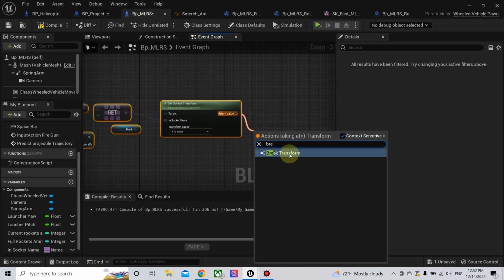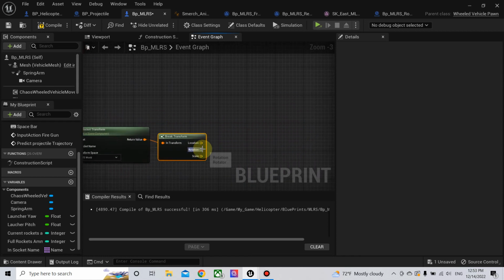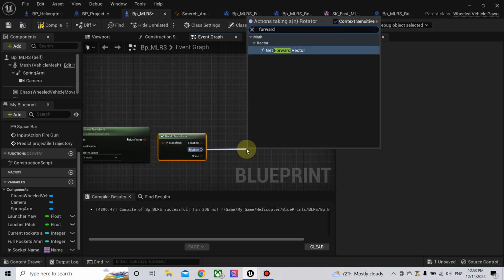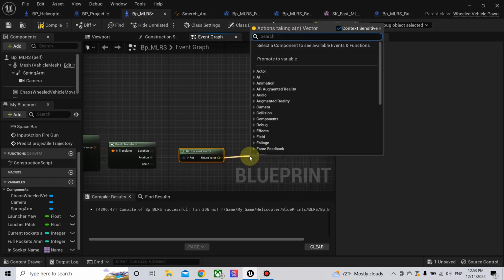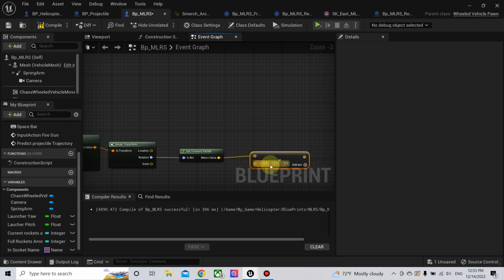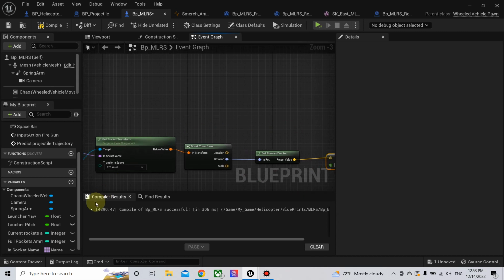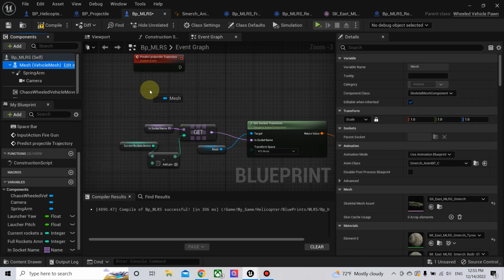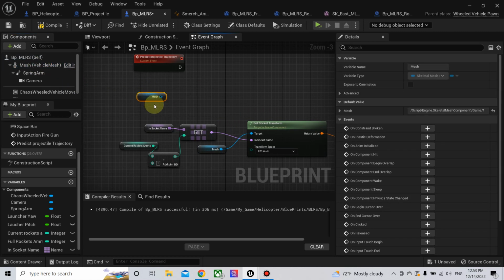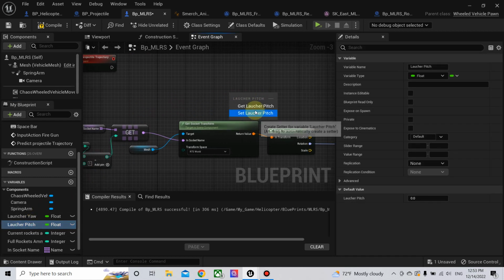Break. We need the location and the rotation. The rotation, we need the forward vector and multiply the forward vector by a float. This float we will get from multiplying the pitch. To be more accurate, let's take the pitch, this one,